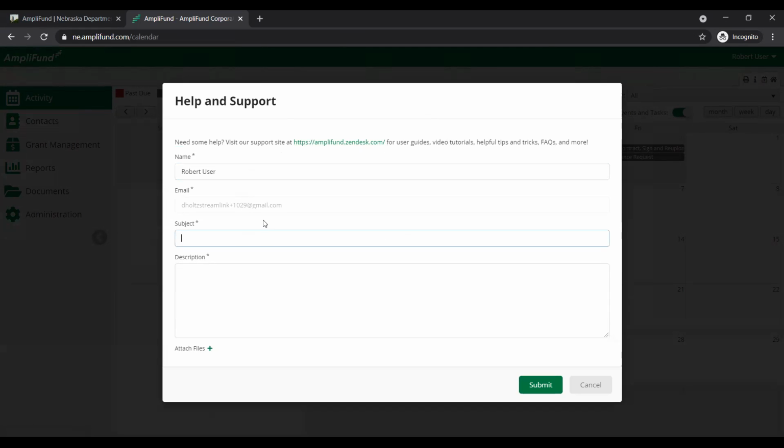So you'll see here, this is going to auto-populate with your name and your email address. Type in the subject. So maybe you can't find your expenses or you don't know how to create a reporting period. Go ahead and put in a subject indicating the area that you have a question for. Type in a description or the actual question itself. There's a spot here where you can attach files, so if you have any screenshots, attach them, and then go ahead and submit that question